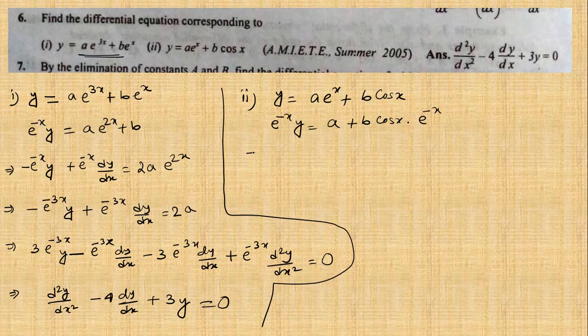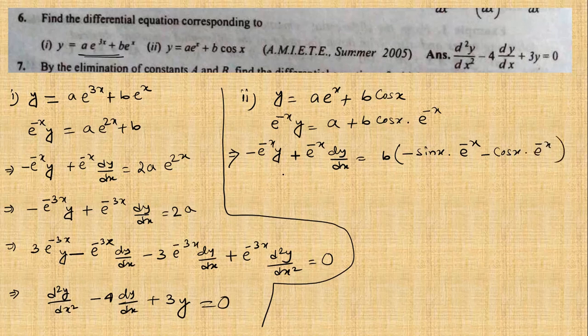Now if you take the derivative, that is minus e to the power minus x y plus e to the power minus x dy dx, derivative of this is 0. b, derivative of cos x is minus sin x e to the power minus x, derivative of this is minus cos x e to the power minus x. So if you take e to the power minus x common, this will cancel out, so minus y plus dy dx is equal to